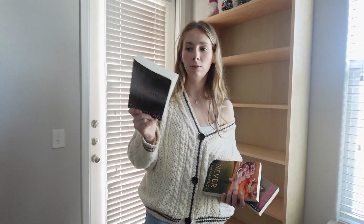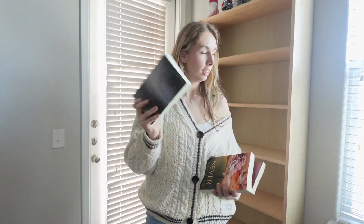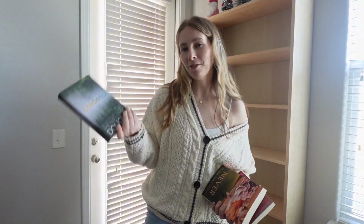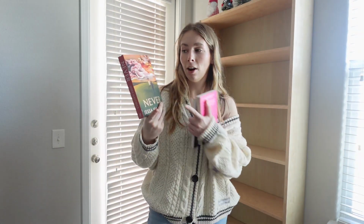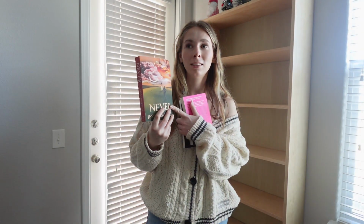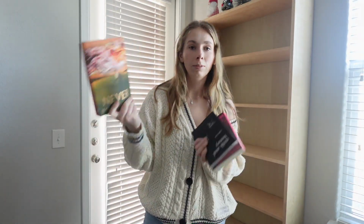I'm unhauling Credence by Penelope Douglas for obvious reasons. I just don't want people knowing that I've read this, so it's going away. Then I'm unhauling Never. I have another copy. I know I said I'd never read this. I have a hardback copy and it's pretty. And I know it's a series, so if it gets better, maybe I'll read the first one. So I'm just gonna keep a copy just in case, but I don't need 2